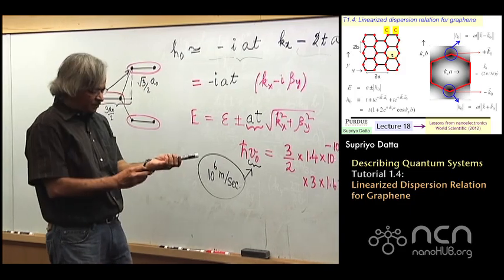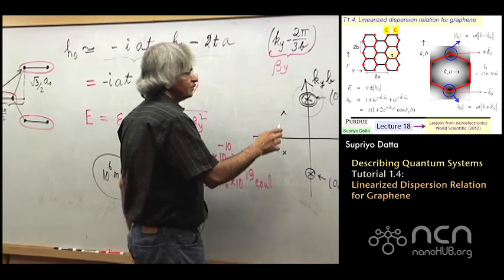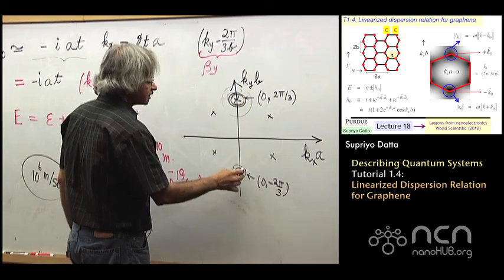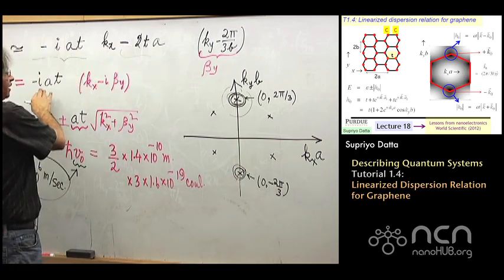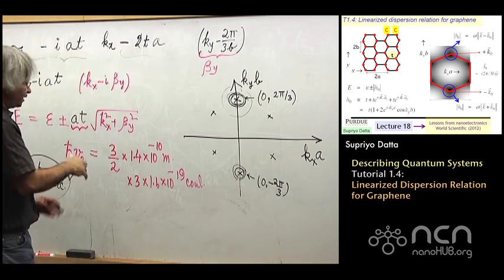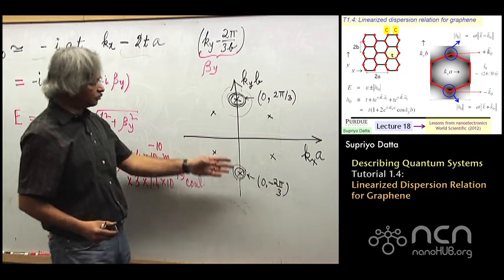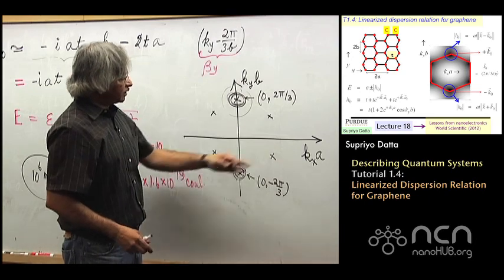Now, one last point let me just mention briefly, and that is that you see, we expanded it around this one. What about this one? Well, you could expand it around that one also, and you'd get something similar. You know, the sign may be reversed or something, but finally the EK relation would look exactly the same. So you could go to that point, you'd get much the same answer. What about the other ones? Well,